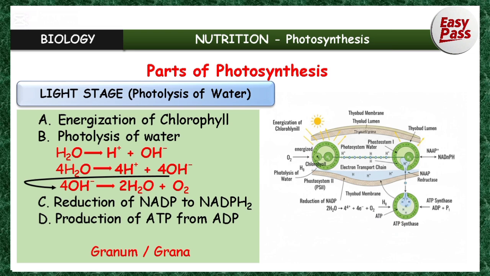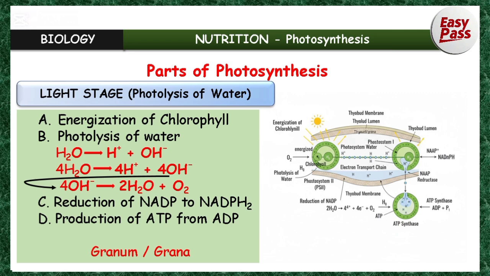What's the meaning of NADP and NADPH2? NADP is nicotinamide adenine dinucleotide phosphate. That is the full meaning of NADP, nicotinamide adenine dinucleotide phosphate, while NADPH2 is the reduced